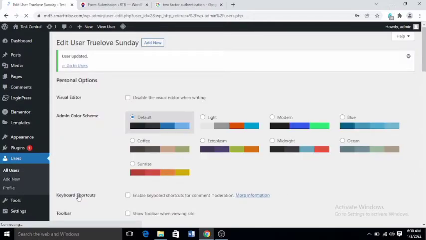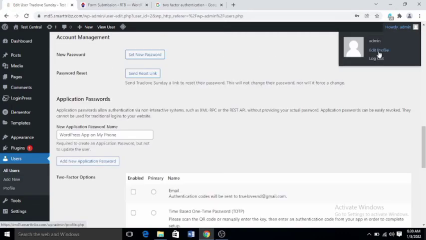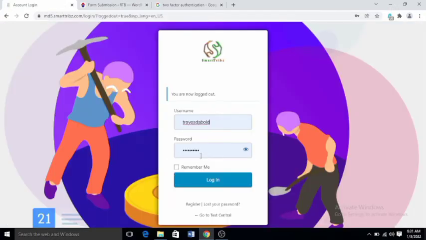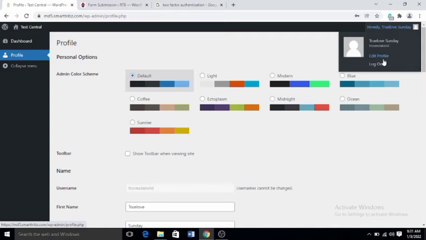So this user has been disabled. We are going to log out and try to log in this user and see if they will require an authentication. Let us log in that user and see if they require an authentication. As you can see here, this user was logged in expressly without requiring an authentication. So let us log out this user